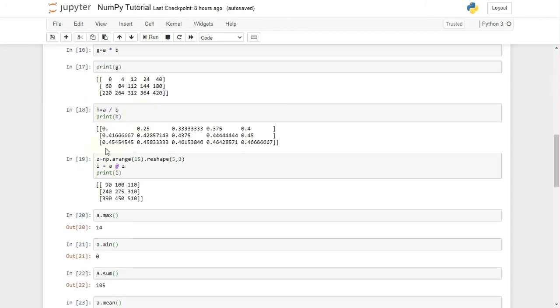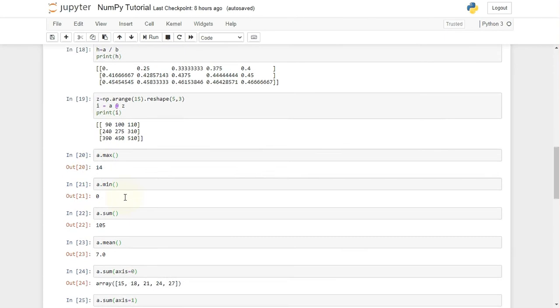That's why we have created another array of shape 5 by 3, meaning 5 rows and 3 columns. The A array has 3 rows and 5 columns. To multiply these arrays, we are using the at-the-rate operator here. The at operator will give us the matrix multiplication of these two arrays A and Z.